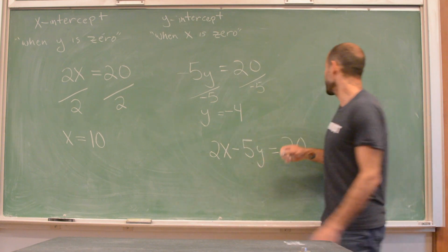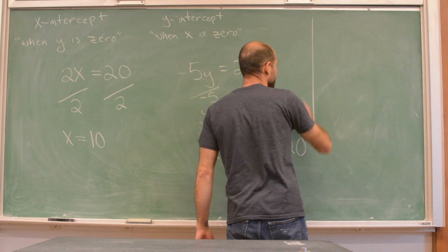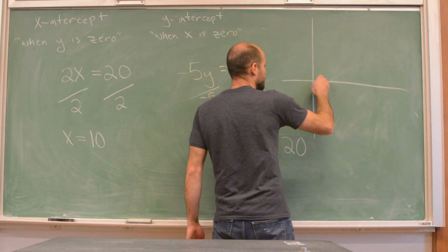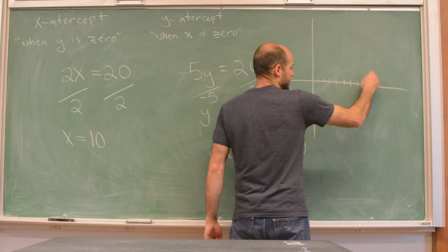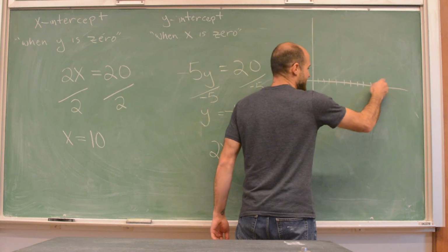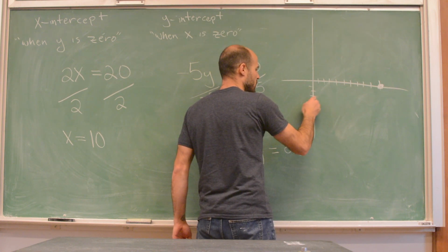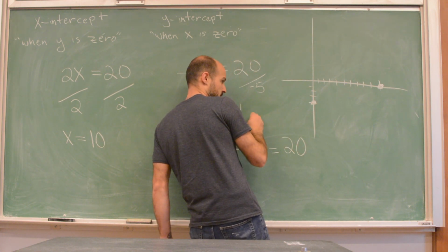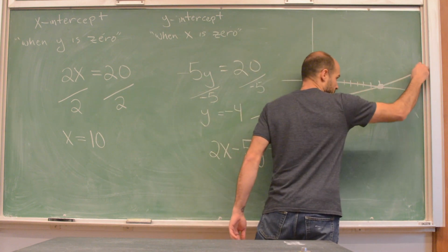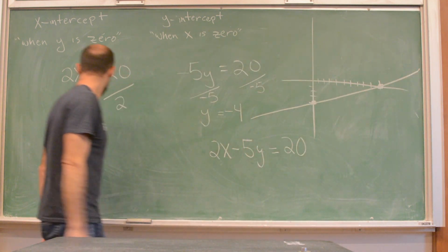We've got 2 points. We can graph it. 1, 2, 3, 4, 5, 6, 7, 8, 9. X equals 10. 1, 2, 3, negative 4. Y equals negative 4. We graph the line, and we're